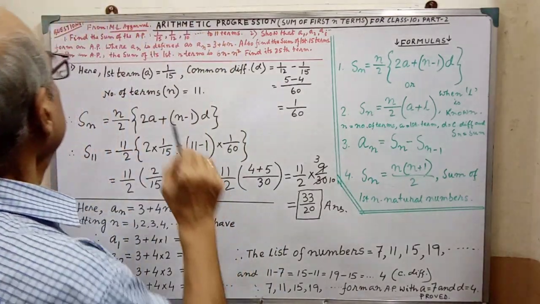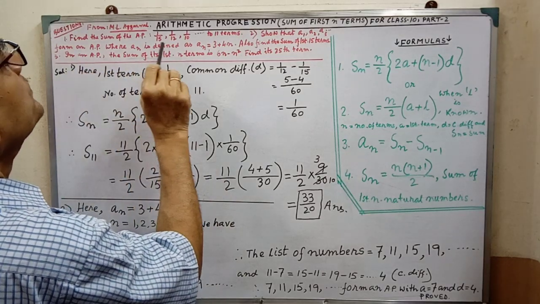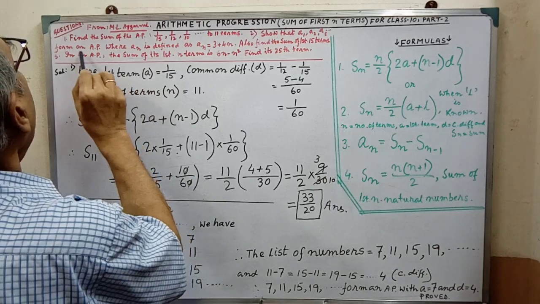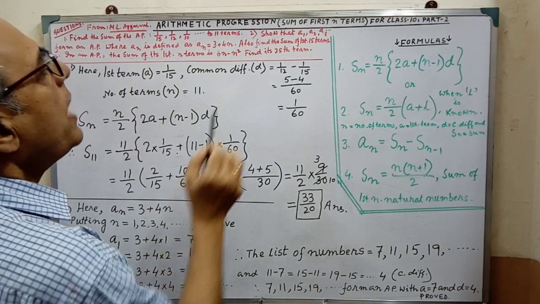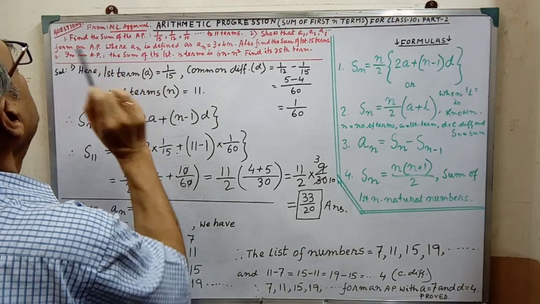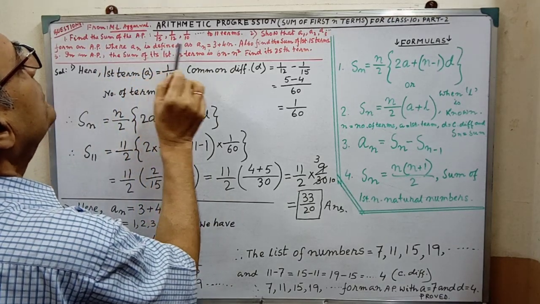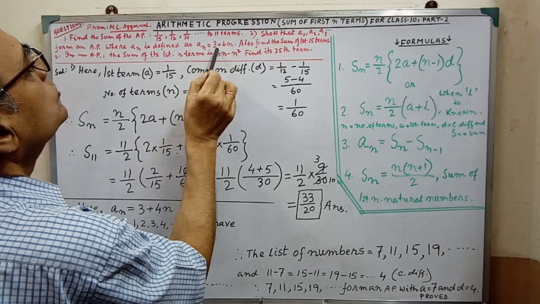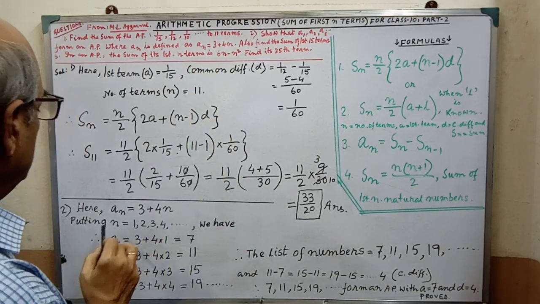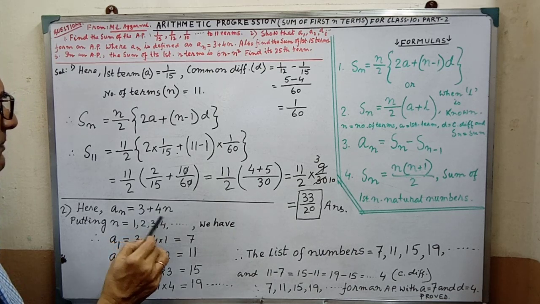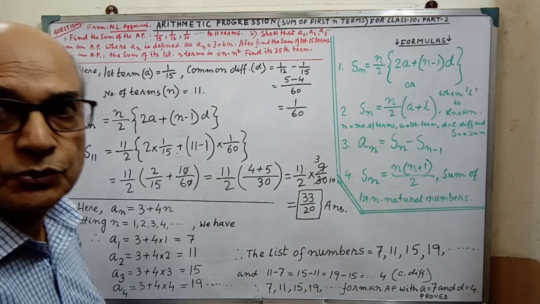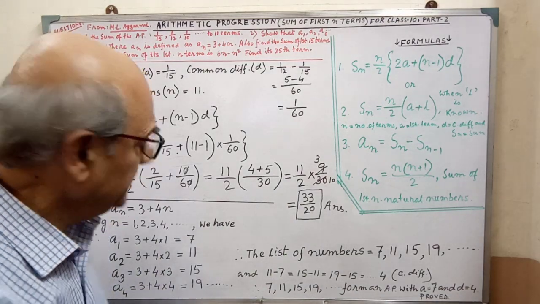Next sum, that is so that A1, A2, A3 form an AP. You have to prove this one is forming an AP where An is defined as An equal to 3 plus 4n. This is the first part. First part here, An equal to 3 plus 4n. This type of sum, in which way you have to do, see the solution attentively.